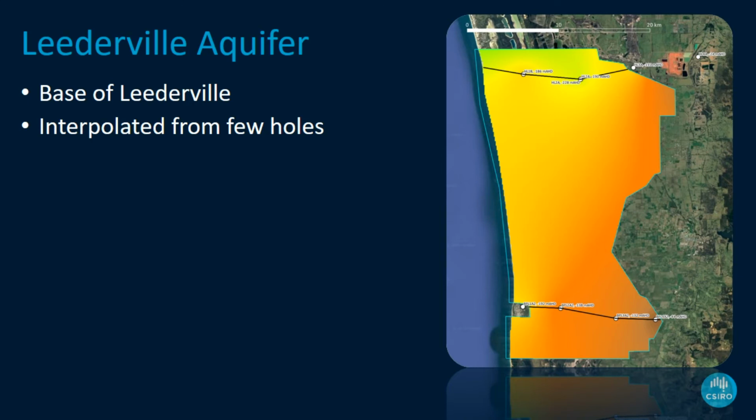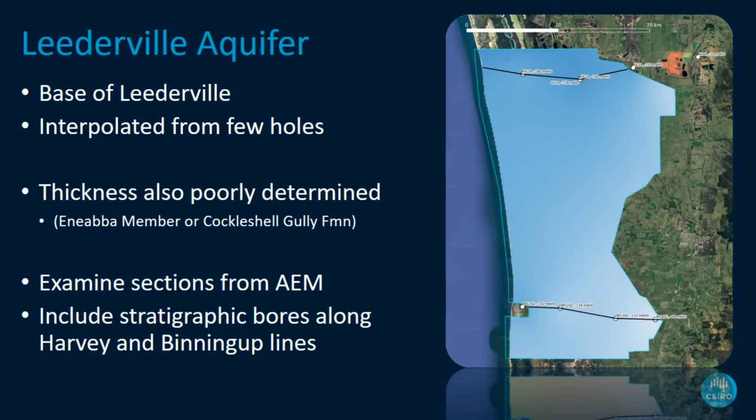And it's pretty much flat. It dips out to the west. So the thickness is also poorly determined because you don't know where any other members of the Cockleshell Gully Formation sit underneath it. So that was kind of the Leaderville, from the superficial down to the contact with the